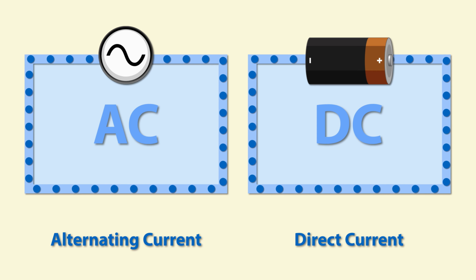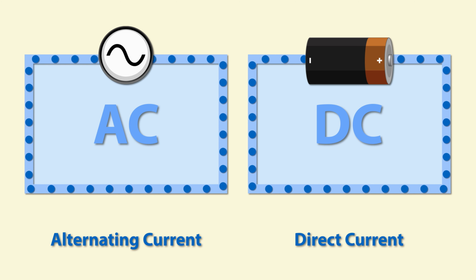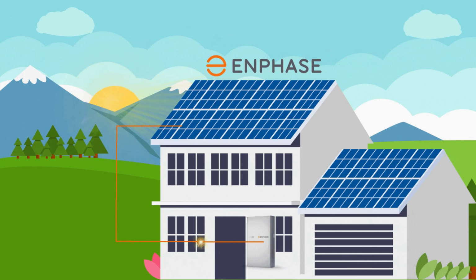So each panel will have one optimizer or one Enphase microinverter. Now the difference between the optimizer and the Enphase microinverter is that the Enphase microinverter will not only optimize the power production of that panel, it also converts the DC current that the panels produce into AC current right there and then. So right at the back of the panel, the microinverter converts and you get AC output which